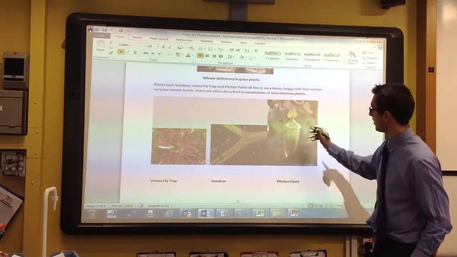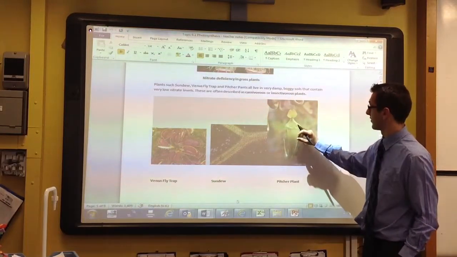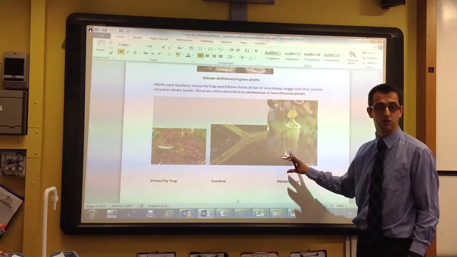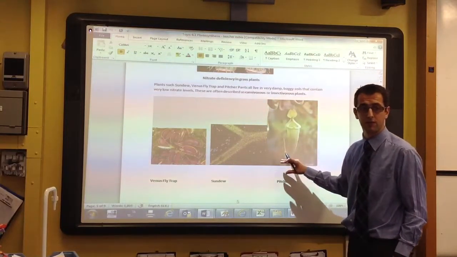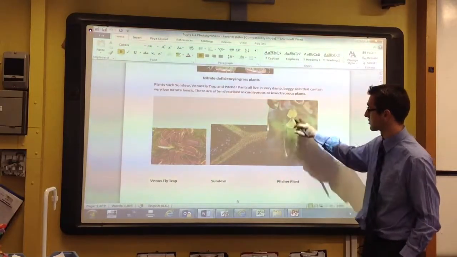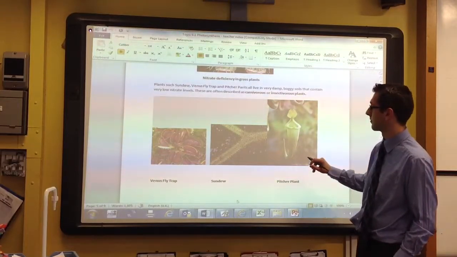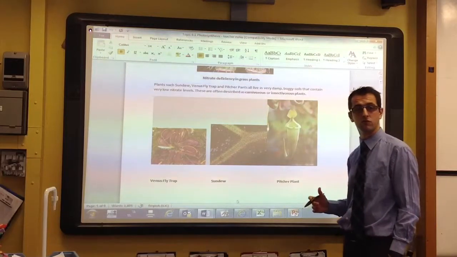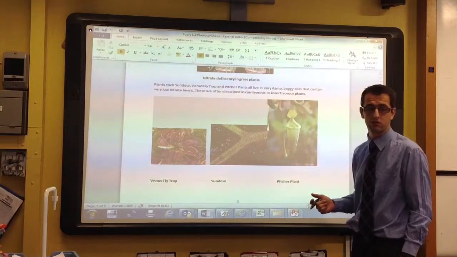Similarly, here the pitcher plant has an attractive opening for the insects. The insect can then crawl inside, and down at the bottom is a whole load of liquid which contains digestive enzymes, and that traps the insect inside of it. It will digest it and make use of it. And you can see this one is actually suspended from another tree, so it's not attached to the ground by roots in the same way. So these are both examples of where plants have evolved and adapted so that they can survive in low-level nitrate soils, which are